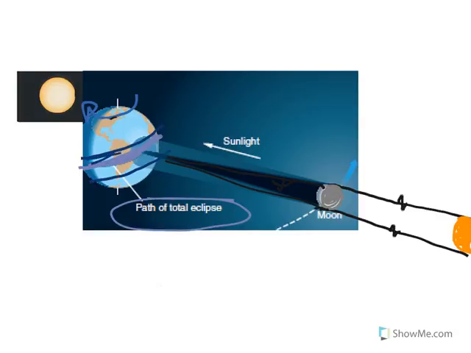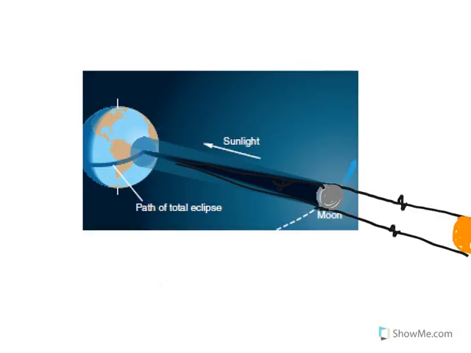Let's say your flight was delayed and you were only somewhere in this region where you landed in your plane and you didn't have enough time to actually drive into the region of the path of the total eclipse. Then you would be in this region called the penumbra region, and you would see a partial solar eclipse. So remember, this dark region is the shadow cast by the moon on the Earth, and that would be where your umbra is located, and the region where you need to be on the Earth to see a total solar